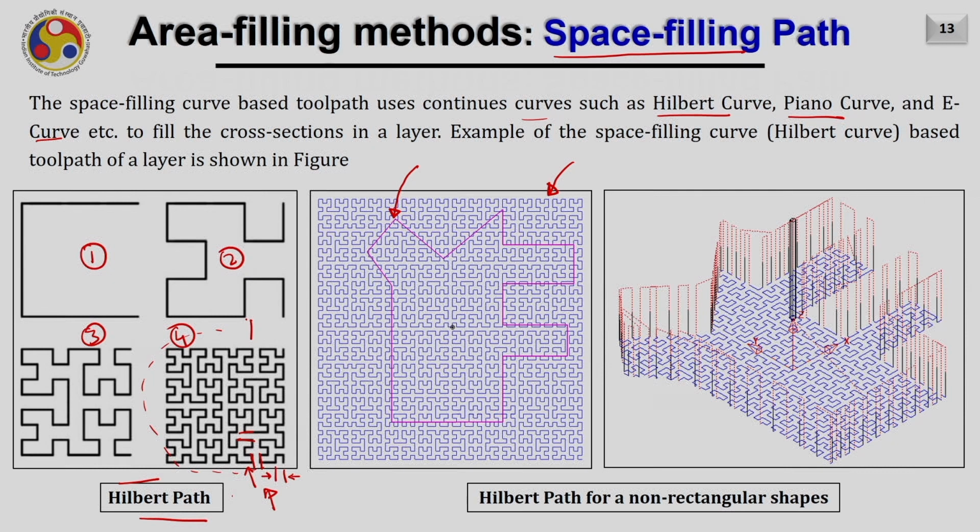Now what we can do, we can perform a trimming operation. We just remove the points that are falling outside this contour, and as a result you will have the tool path like this. Now you can see it has a constant step over. It is also dissipating the heat as per the requirement. The feed rate also may remain constant throughout. The only difficulty we are facing here is a lot of switching off and on.